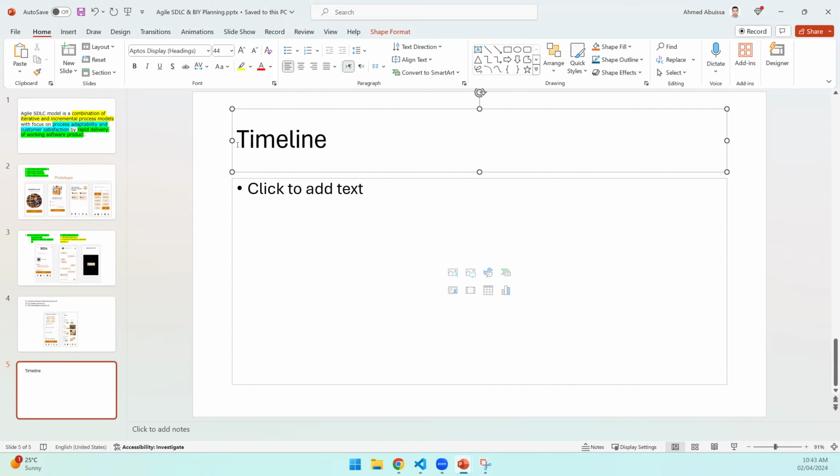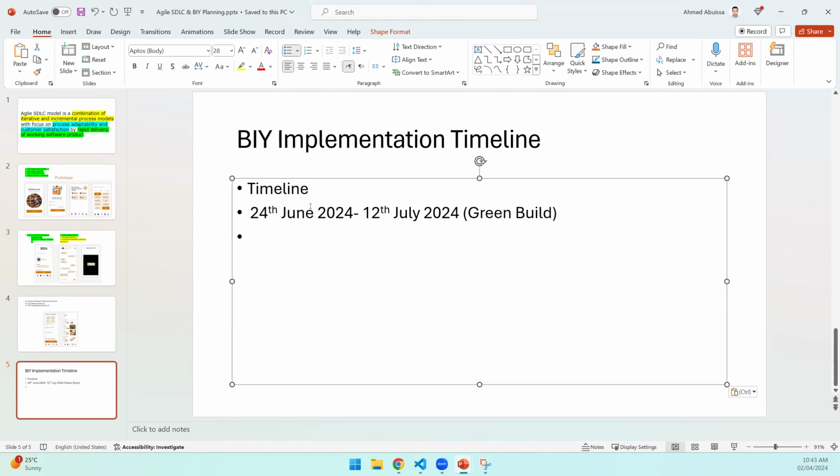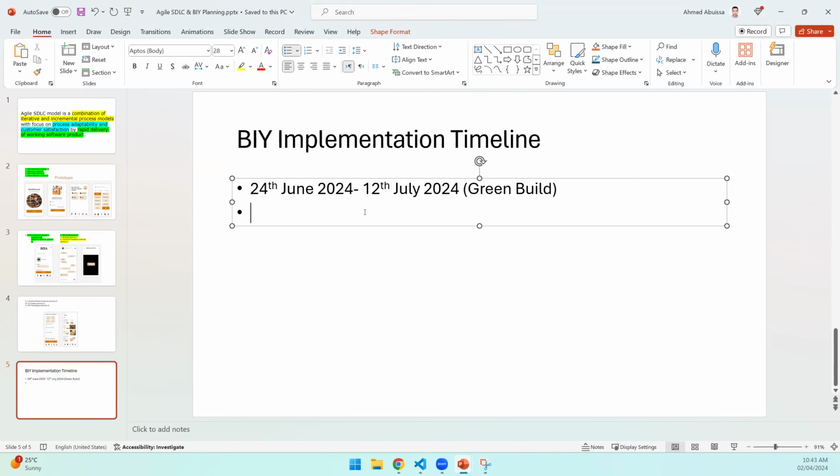Build it yourself. Implementation timeline. Then we have the green build, 24 June till 12 July. How many weeks? 3 weeks. Then we expect to have, from 12 July, so from 15th July till,